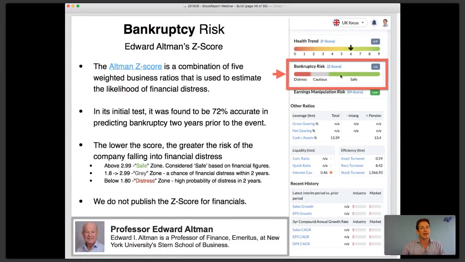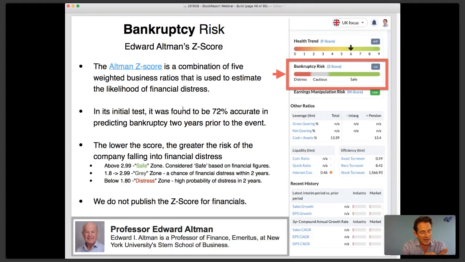The next one down is the bankruptcy risk score. And the bankruptcy risk score is based on Edward Altman's Z-score. And he came up with this, I think it was in 1972. It's a combination of 5 weighted business ratios, and it estimates the likelihood of financial distress. It's not showing here on Trainline because I think it's a new listing, but generally it will show for all stocks except financials. We're going to work on something else for financials. But in its initial test, it was found to be 72% accurate in predicting bankruptcy 2 years prior to the